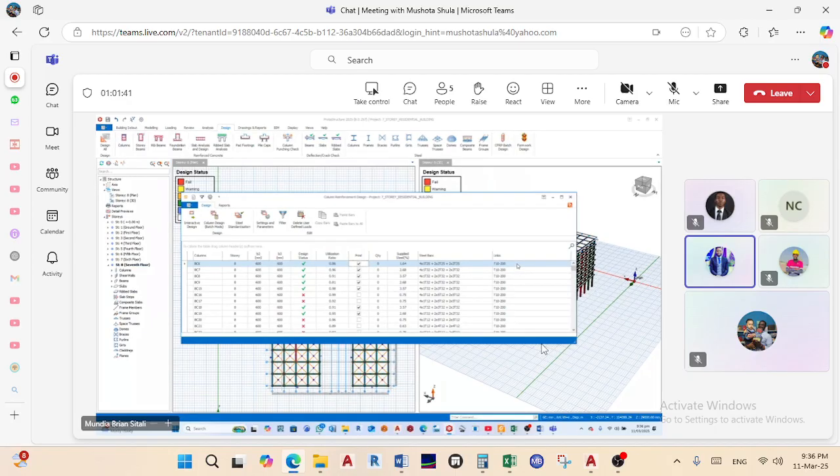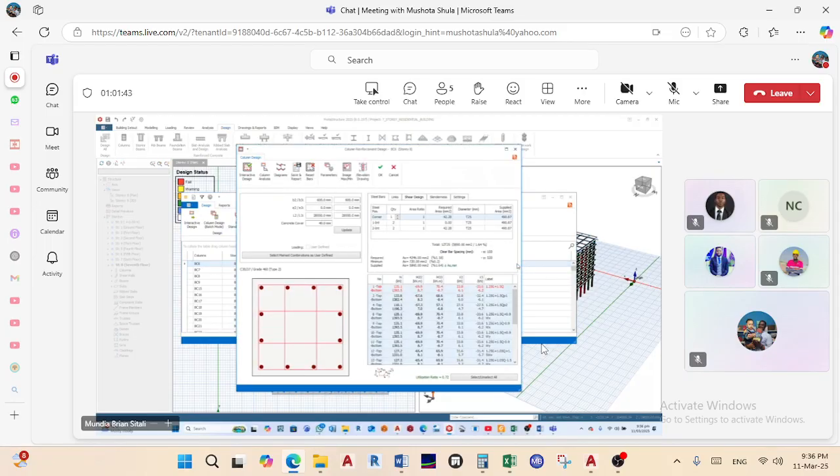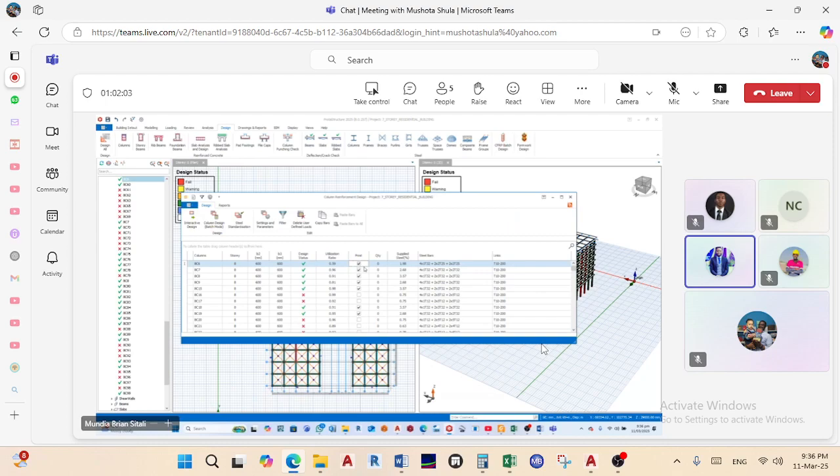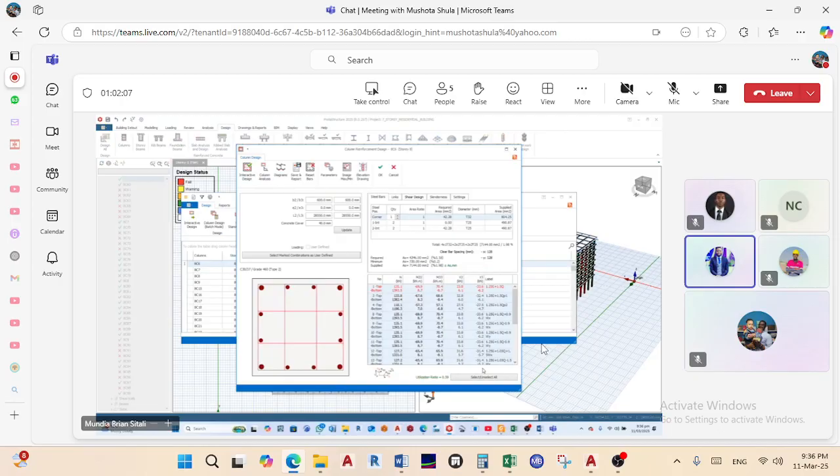So for instance, this column, we may actually have to change this maybe to corner bars Y32. And then we have that. So 0.59, relatively a reasonable number. So to make things easy, we may actually have to copy this. I think let me change the shear design. Okay. So when you're changing the shear design,